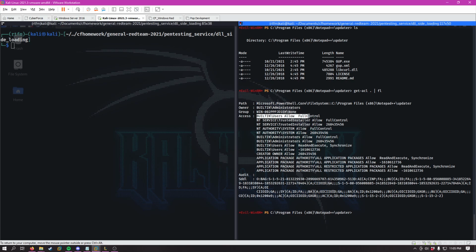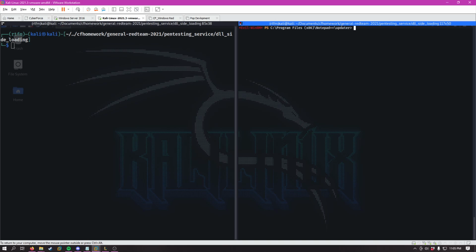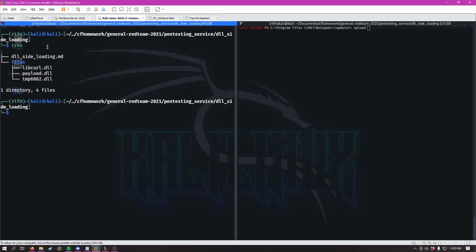We see as basic users, we have full control. And we know that we're a basic user, so let's go ahead and make use of this. We're going to run our upload command. In this current directory I have my payload, a Metasploit bind shell that will bind to 1337 when it gets executed on the remote host, and then the proxy libcurl DLL, and the original libcurl DLL